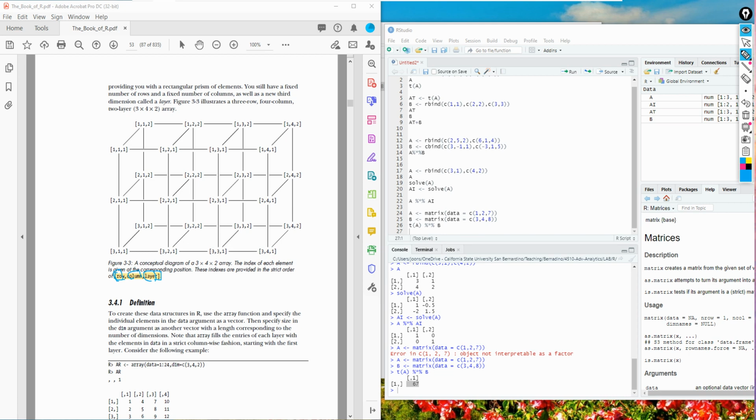For example, this is a 3 times 4 times 2 three-dimensional array.